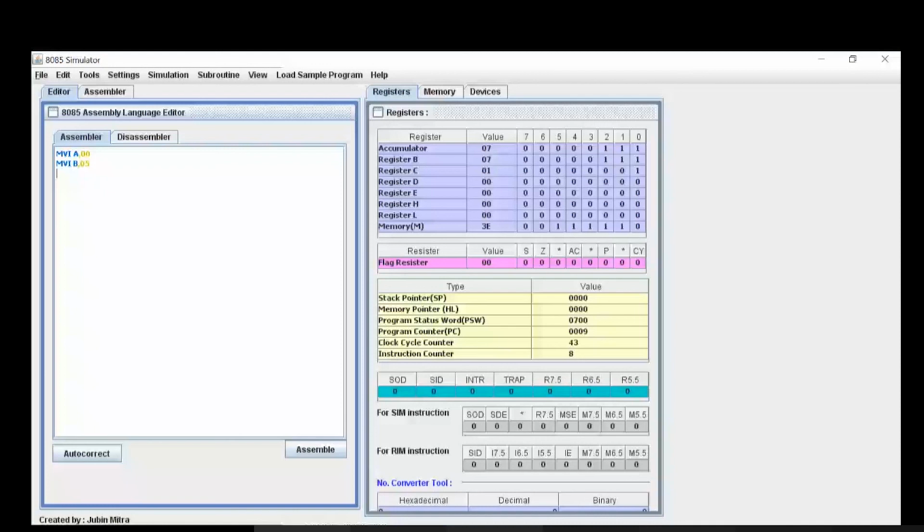ADI. Okay, sir. A-D-I, A as in Africa, D, A as in America, T as in Mark, I as in Iceland. Done, sir. 02, very good. DCR, next line, decrement, DCR.